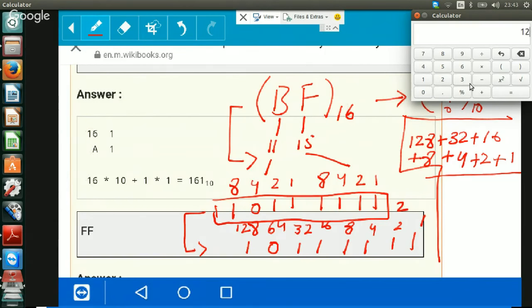So 128 plus 32 plus 16 plus 8 plus 4 plus 2 plus 1. What is the answer? 191 is the answer. So if we have this question BF here, what will be the answer? The answer will be